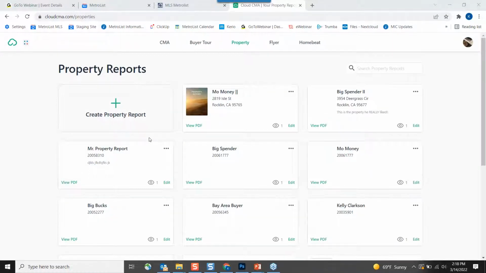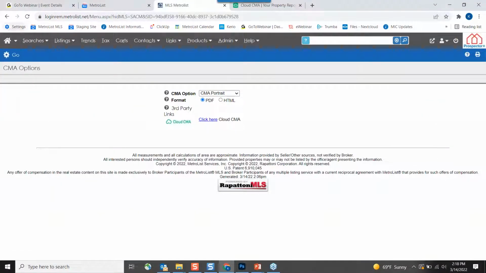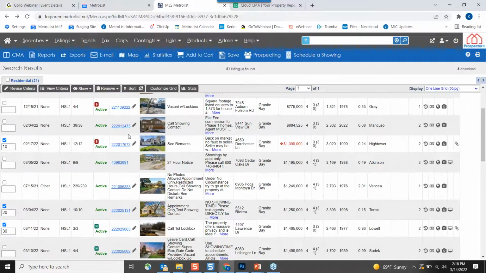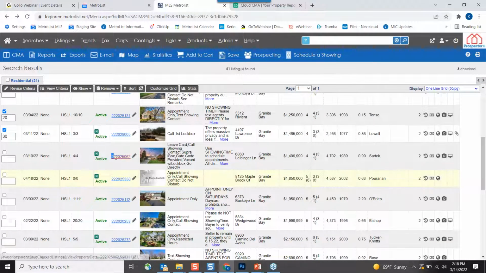Now, for this example, maybe I decide, well, okay, let me come in here to the MLS and, bear with me here, I'm just going to choose one property to feature. Let's choose a fun one. Here's a pretty picture. Let's say you're browsing the MLS and you've copied a listing number from a property that